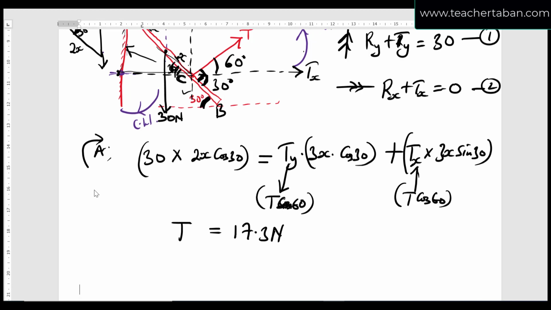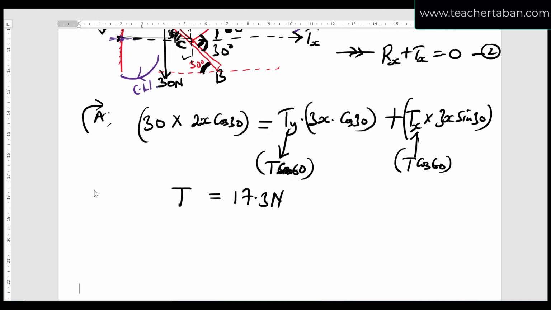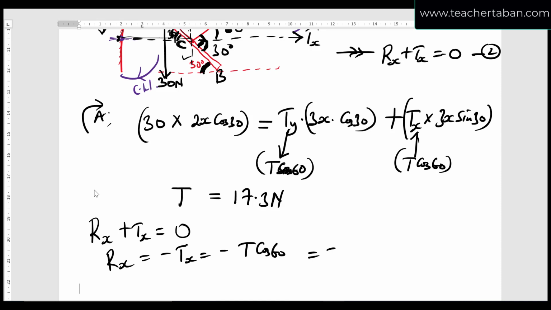So our tension T is 17.3 newtons. So after having got that, we can then go back to our equations 1 and 2 and get the reactions. So Rx from equation 1 said that Rx plus Tx is equal to 0, implying that our Rx is equal to negative Tx, which is the same as negative T cos of 60, which is the same as negative 17.3 cos of 60, which gives us negative